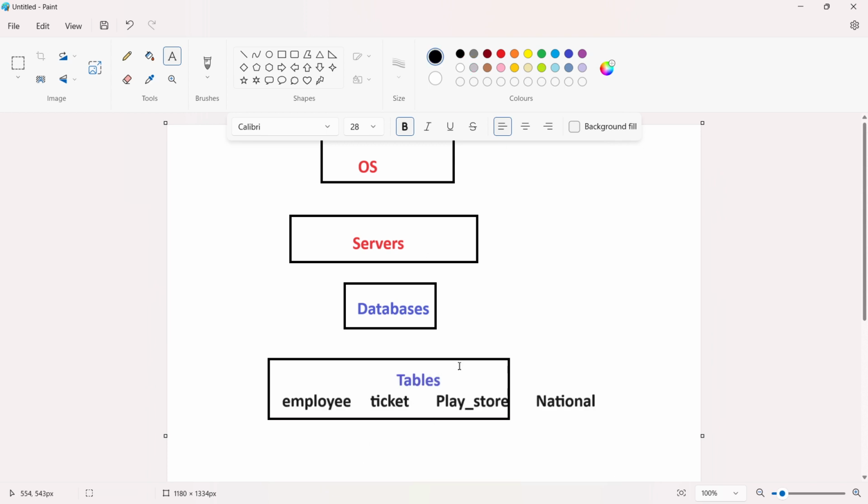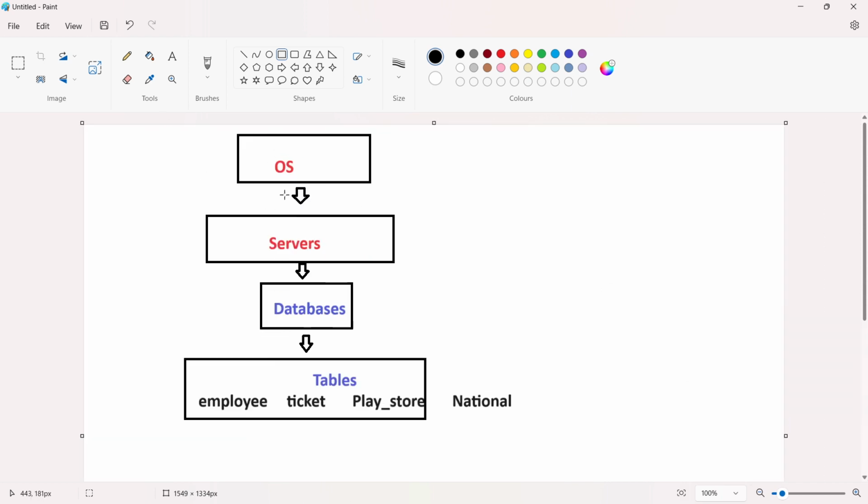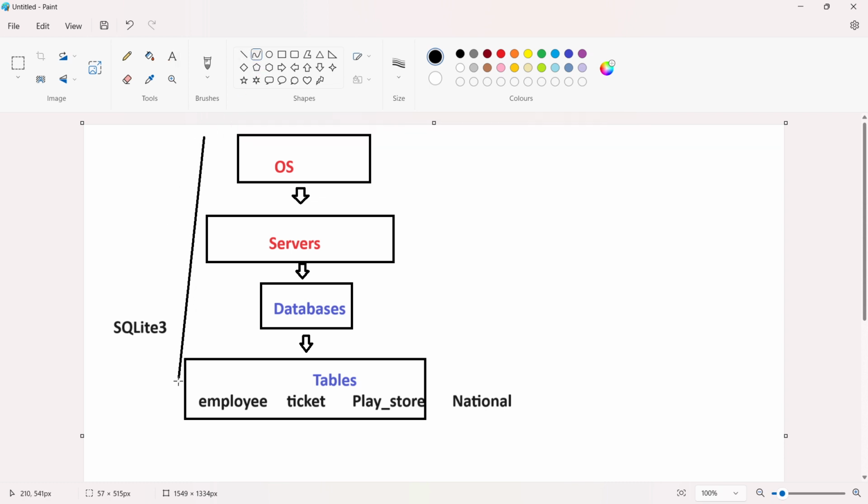Can you see this one, right? So this is the hierarchy. I'll show the realistic part also. So here we have certain bodies, right? But I want to connect all these values, all these operating system, servers, database, right? So for this, what are we using exactly? We are using SQLite 3, right? SQLite is part of all these things. We have all these encapsulated inside SQLite,